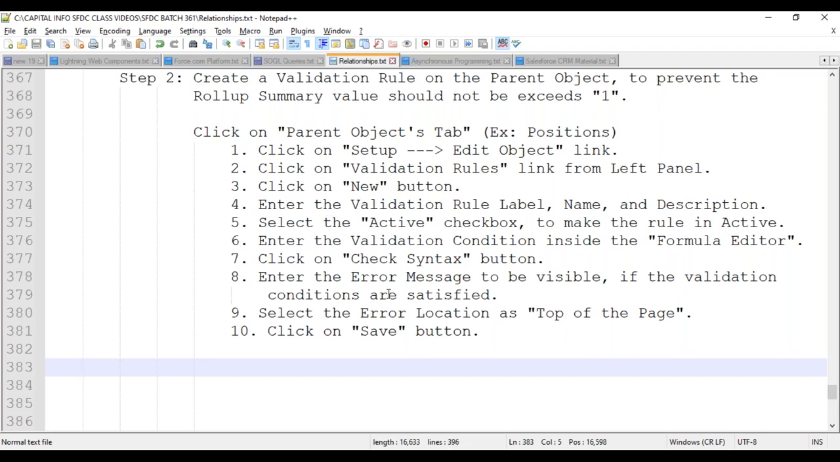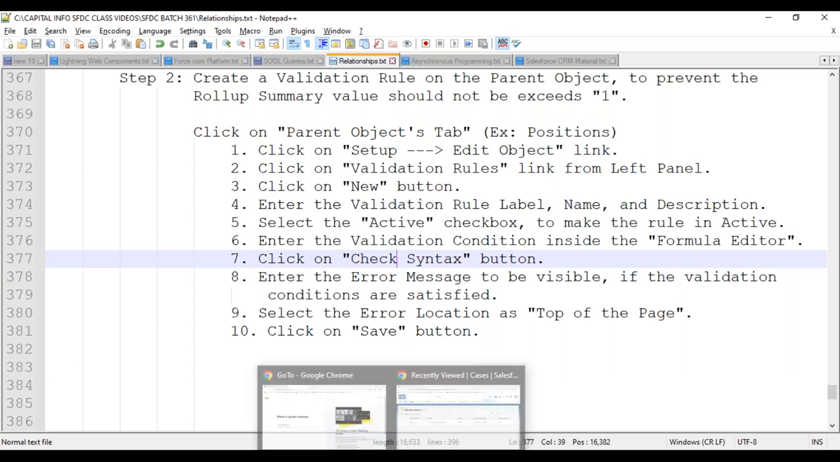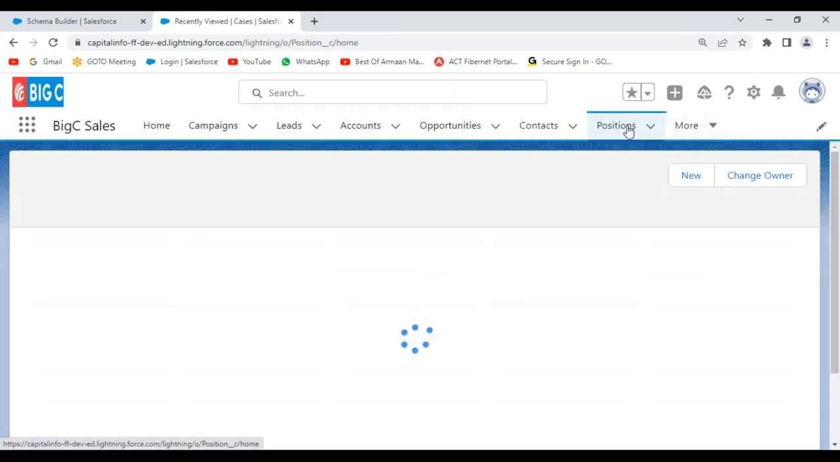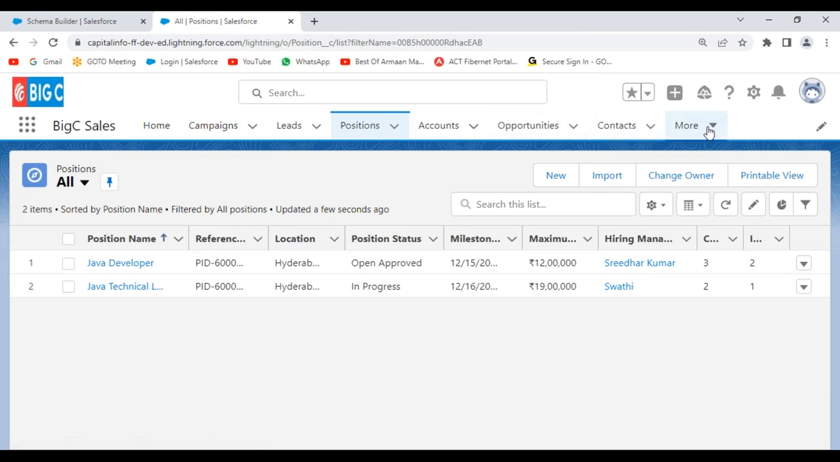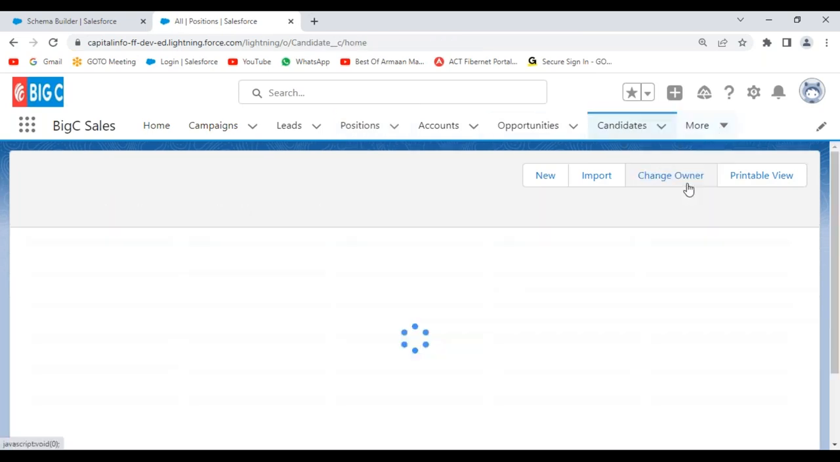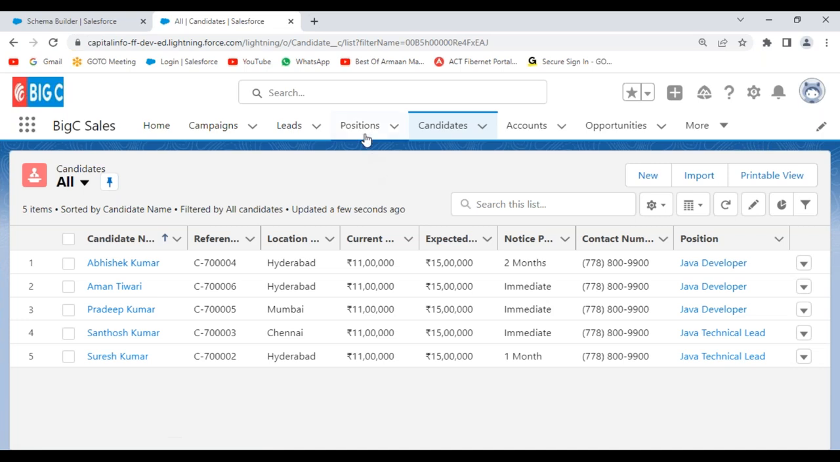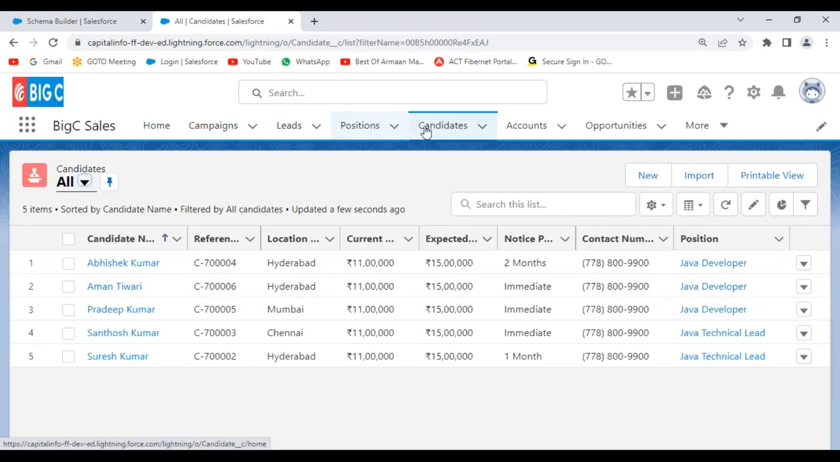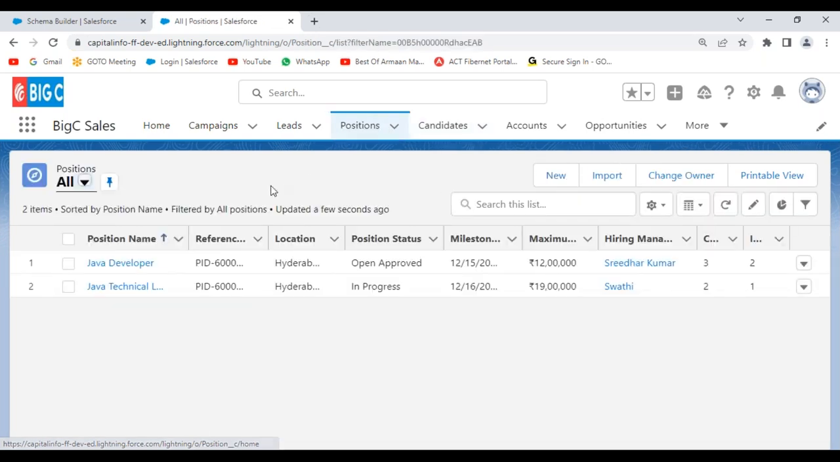Now, let's see how we can implement this. Between this position object and the candidate object, I want to achieve one-to-one association. Already some records are available, and these records will not be affected. Whatever new records you create from now onwards will be affected automatically because of